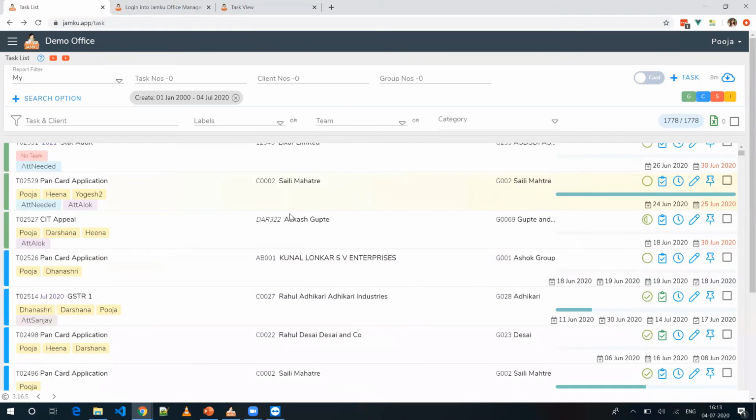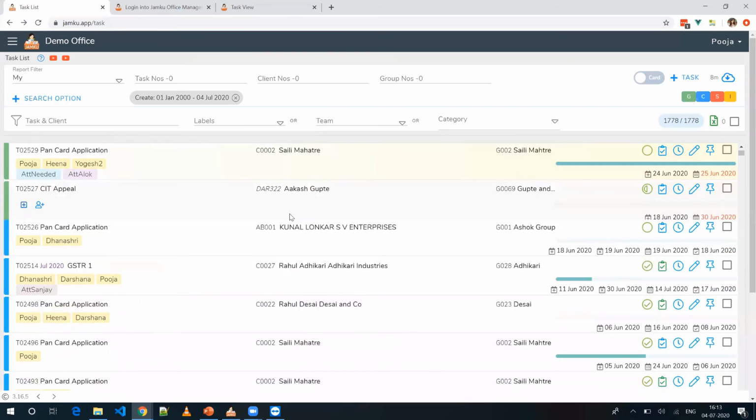Now, the next thing that is important on this page is filtering. You will see all your task list over here, but this is ultimately one of the important pages of the software, because to view all your pending work, you will have to come to this page. So how can we filter this page?